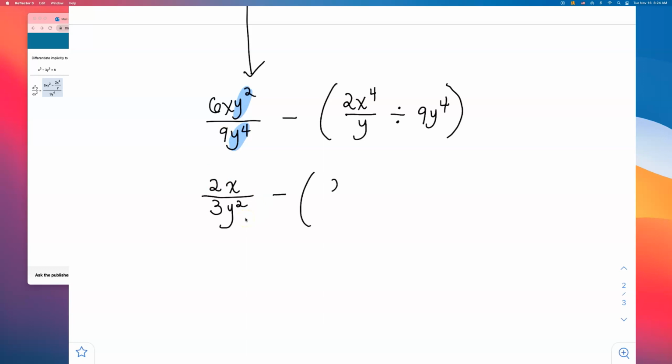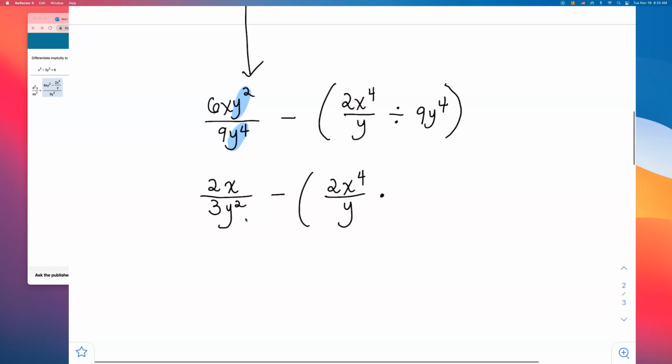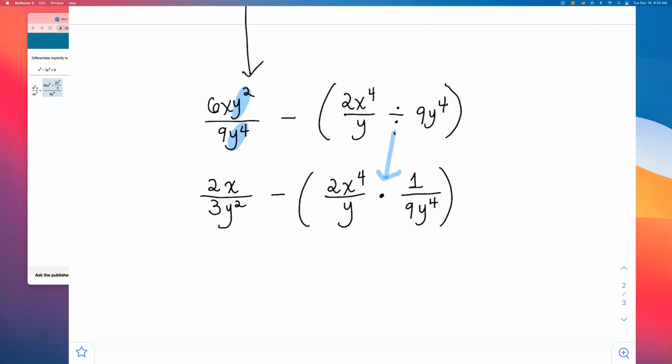Minus, I have 2x to the fourth over y. Now I'm going to keep change flip and make that second 9y to the fourth a 1 over 9y to the fourth, because I changed it from division to multiplication. Right? I keep change flipped it. So 2x over 3y squared